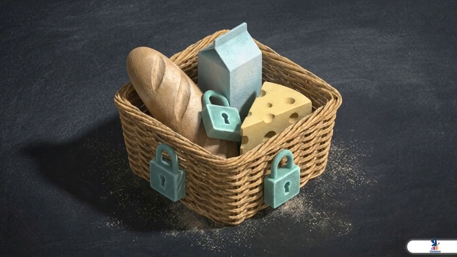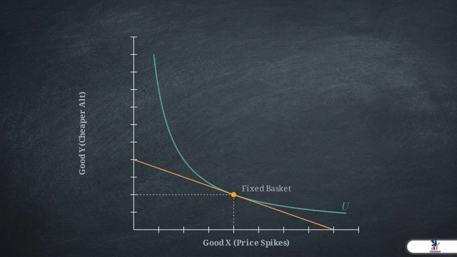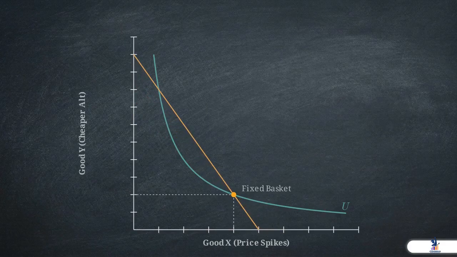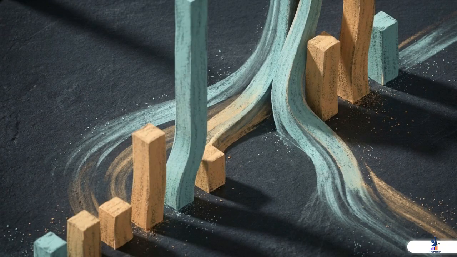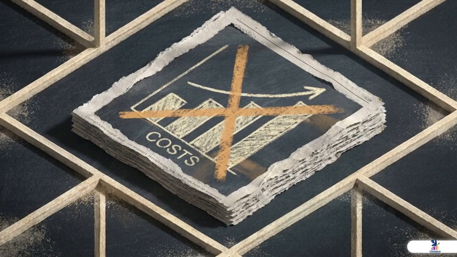A Laspeyres index, like the CPI, tracks the cost of a fixed basket of goods from a base period. However, as the price of one item in that basket spikes, consumers naturally substitute toward cheaper alternatives. A fixed basket ignores this rational reoptimization. This leads to substitution bias. Because it fails to account for how consumers adapt, the Laspeyres index generally overstates how much the cost of living